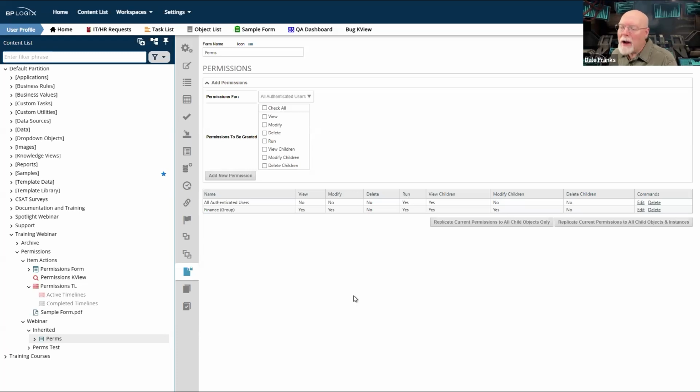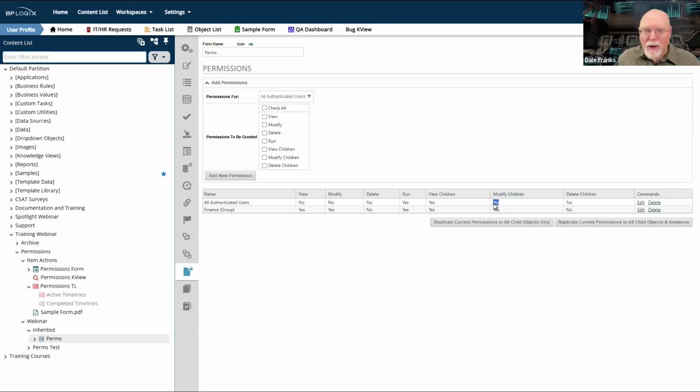So you are automatically going to get, well, it won't be modify children because it'll be a form instance. So on the form instance, you are automatically going to get modify permission on that form instance, even though modify children is no. And if you were to open the form instance outside of task context, right?